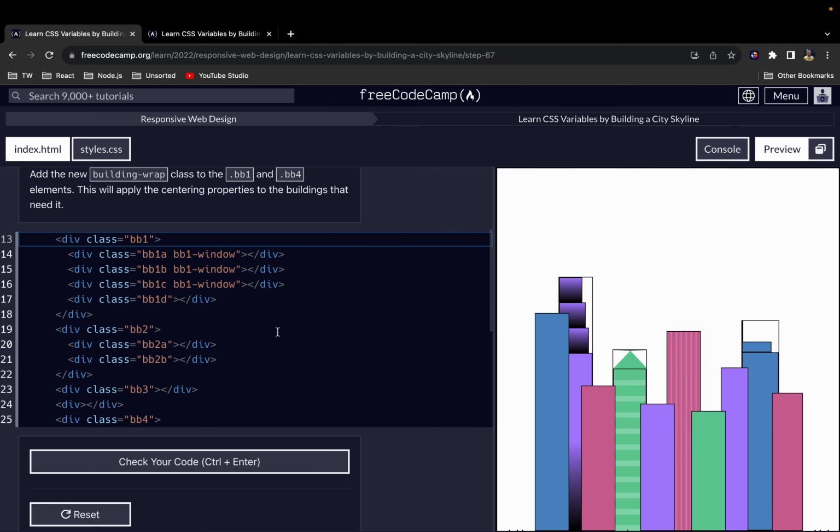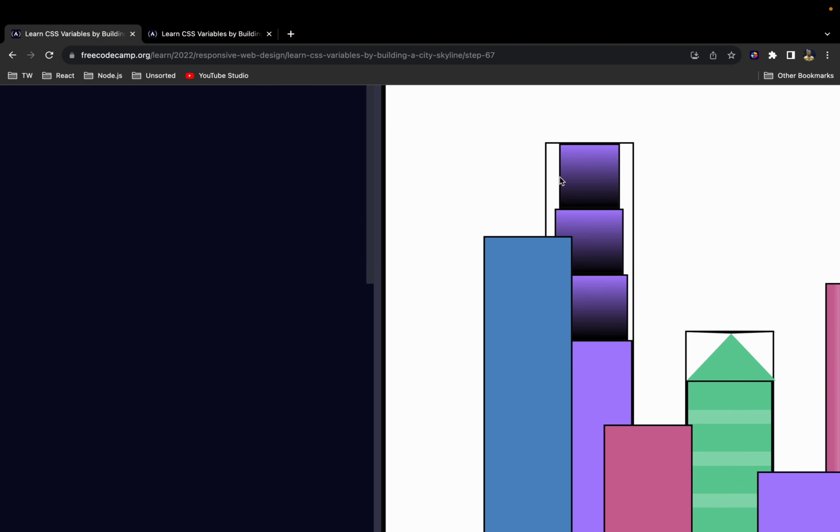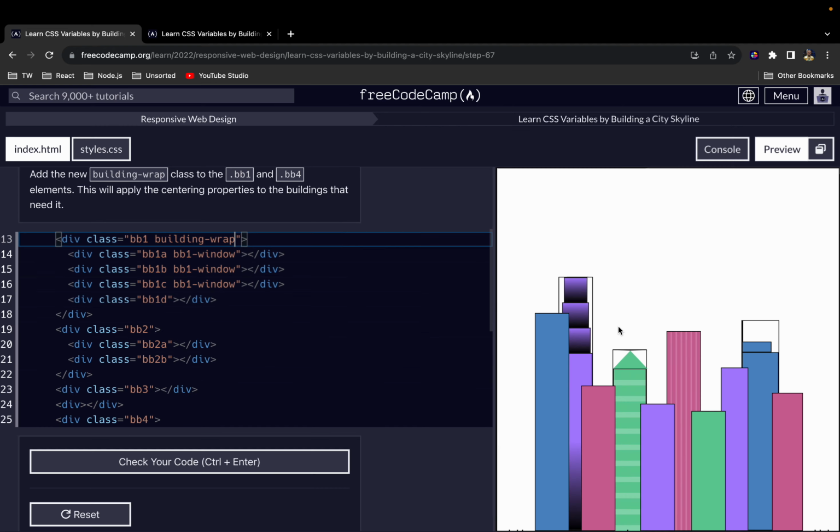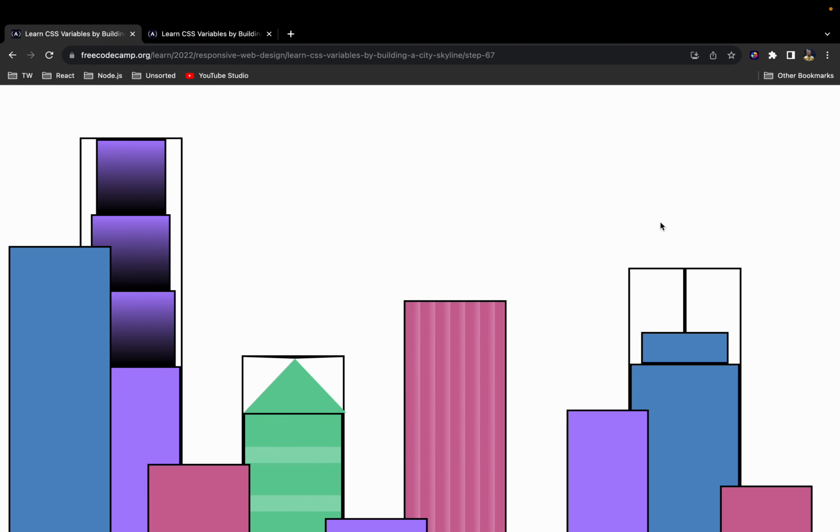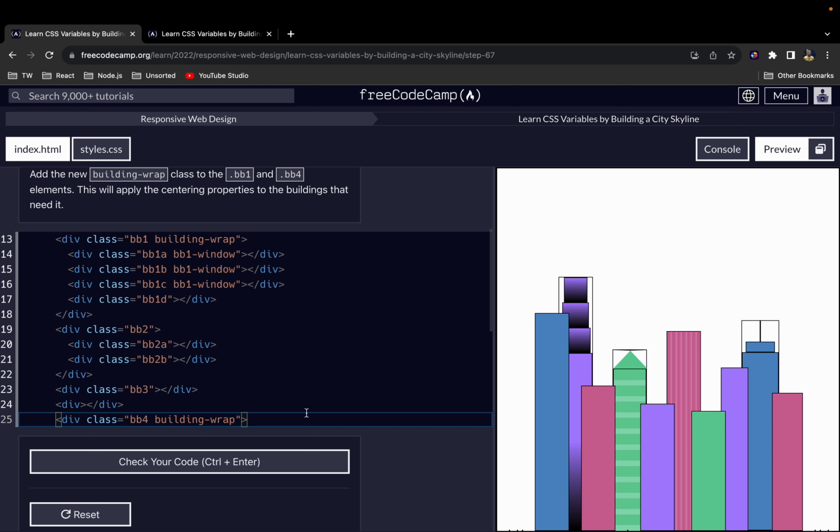So the way we're going to fix that so that all of it will be centered is that we are going to add the new building wrap class that we created to bb1, that is in our HTML. We are going to add it to bb1 like so, and then also we want to add it to bb4. So you see, since I've added it, it's now center aligned again, and we also want to add it to bb4, and as you can see, bb4 is also center aligned. All right,